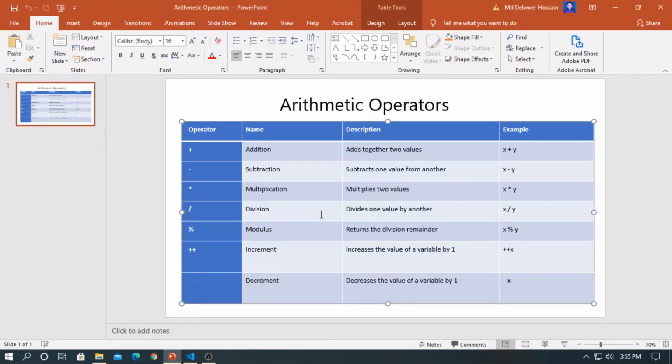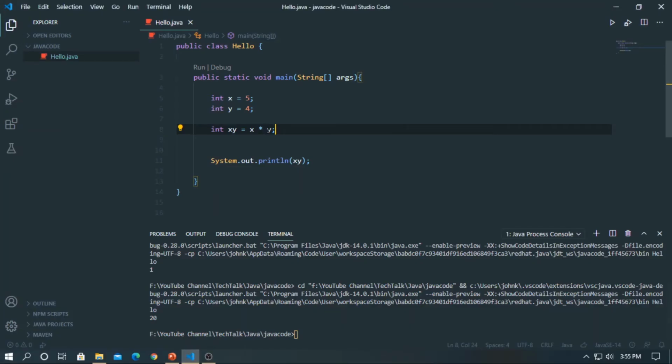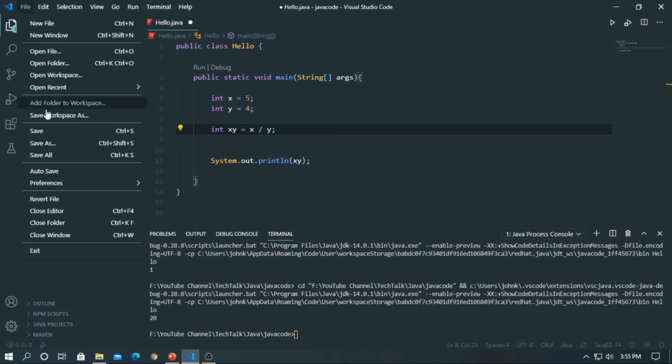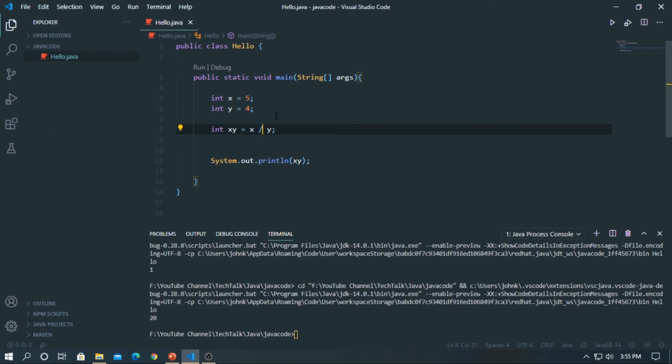Next one is the division operator, which divides one value by another value. For example, the x value will be divided by the y value. So let's divide x by y. Save, and it should print a fraction number.